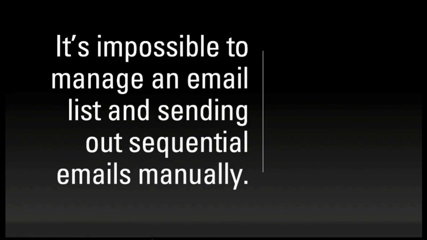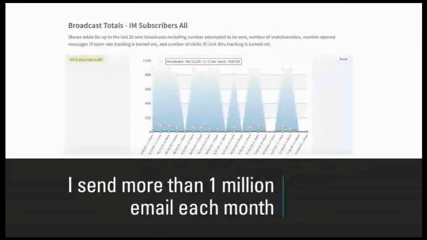Just think of it this way. I just gave you 10 subscribers. For me, I send out more than 1 million emails each month. And 1 million is actually less. In fact, I think last year we probably sent out like 60 million emails, right? This is a stat of just one of our lists. As you can see, almost on a daily basis, we send out on average maybe 80,000 emails per day. So just work out the math: 80,000 times 30 is about 2.4 million emails. So I don't send 1 million emails a month. I send many millions of emails per month.